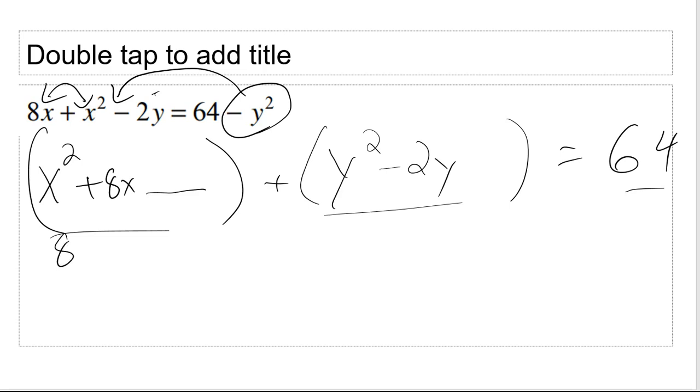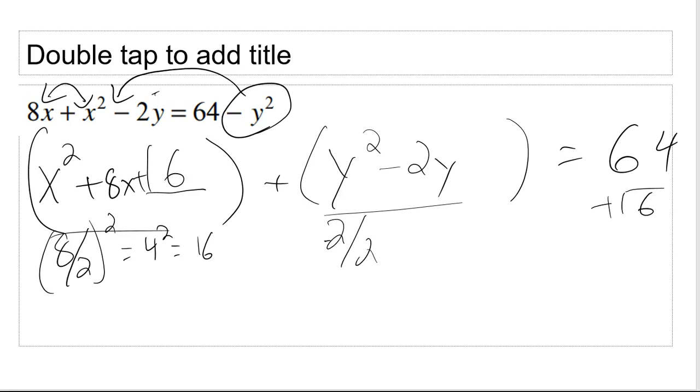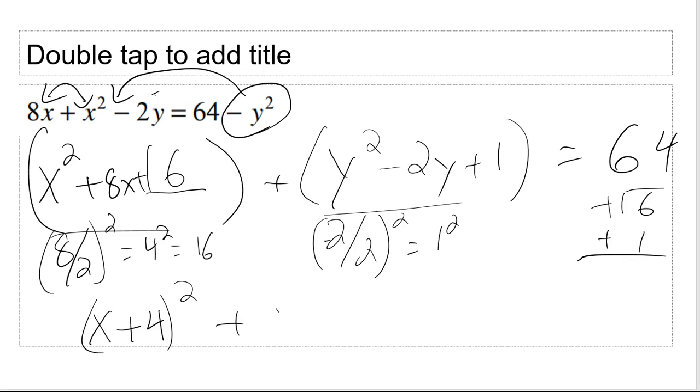Over here, so I'm going to take 8 divided by 2, I'm going to square it. So I get 4 squared, I get 16. So I'm going to put 16 right here, plus. Remember, if I add 16 over here, I must add 16 over here. Over here, I got 2 divided by 2 squared equals 1 squared equals plus 1, plus 1. So there we go. Now I'm going to factor this as x plus 4 quantity squared plus y minus 1 quantity squared equals, now let's take